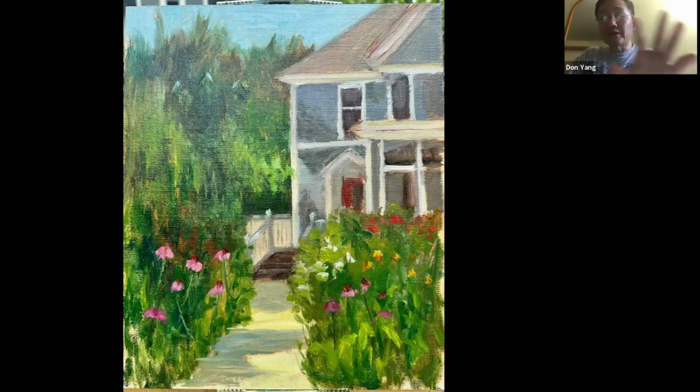So number one is I really like the leading walkway towards the house. It's got one grouping of the plants and grass and flowers, and the other one on the left side, so it nicely opens up. Things like that give a very inviting feeling to the viewer. So it's almost like you are welcome to come walk right into the house. So that's a nice mood to that.